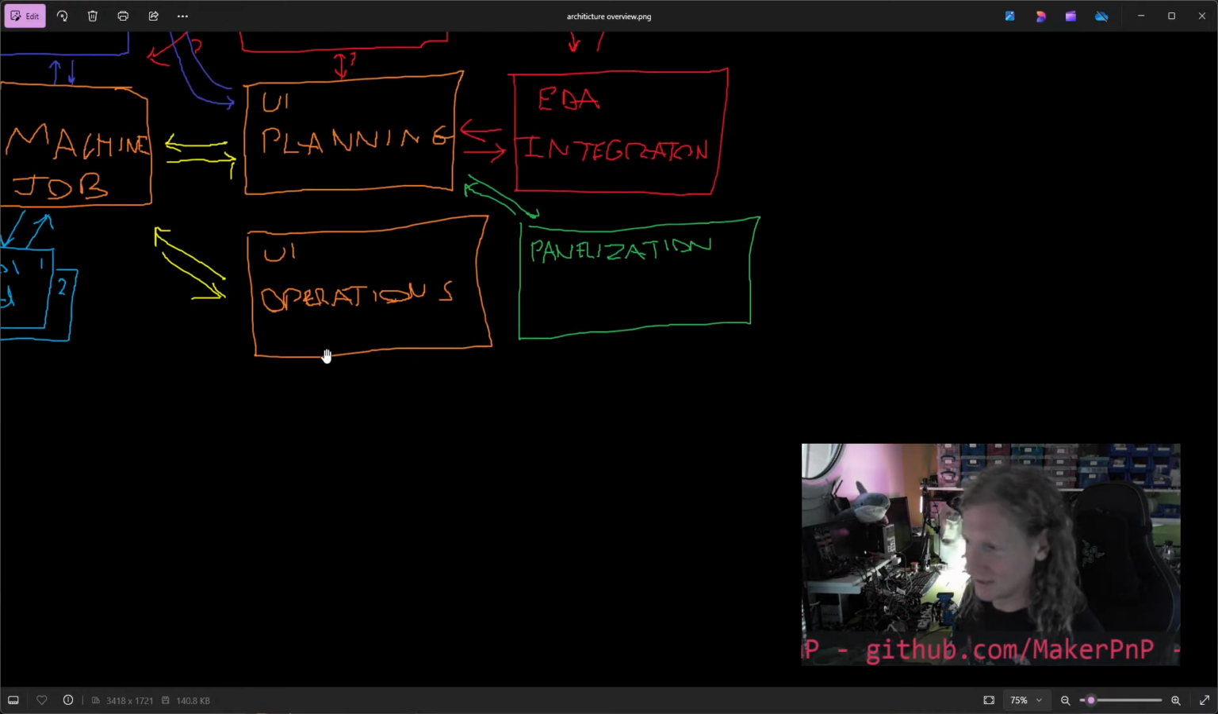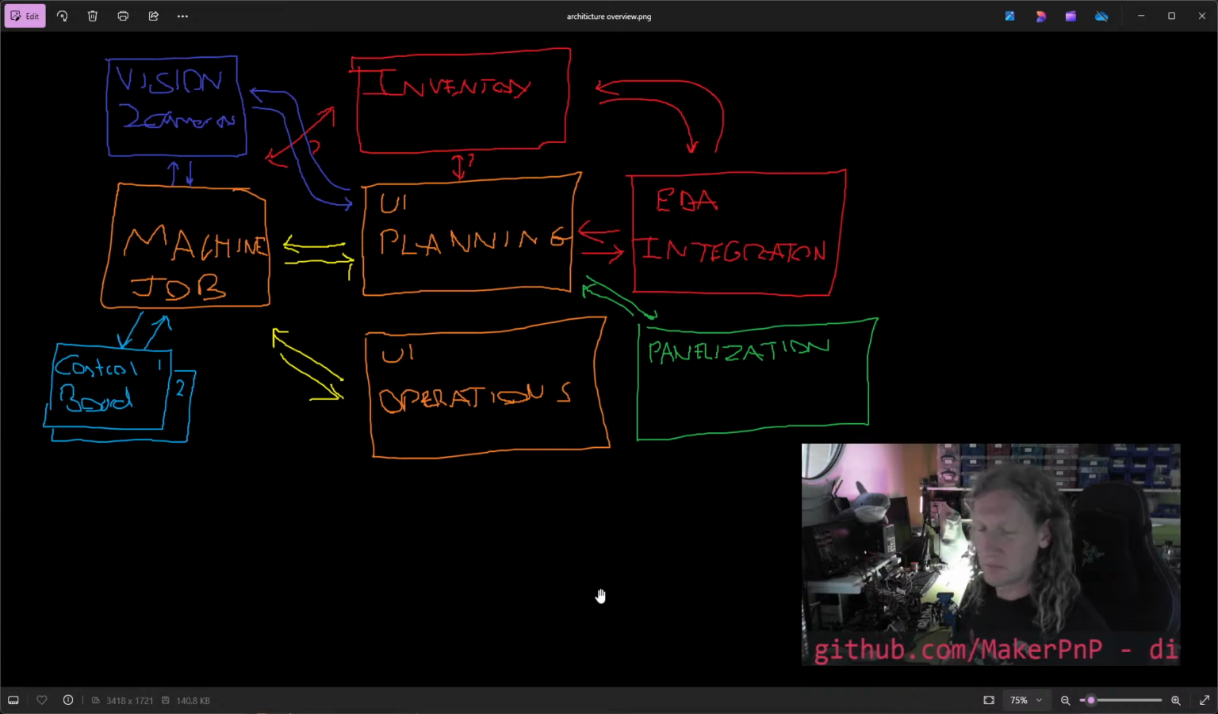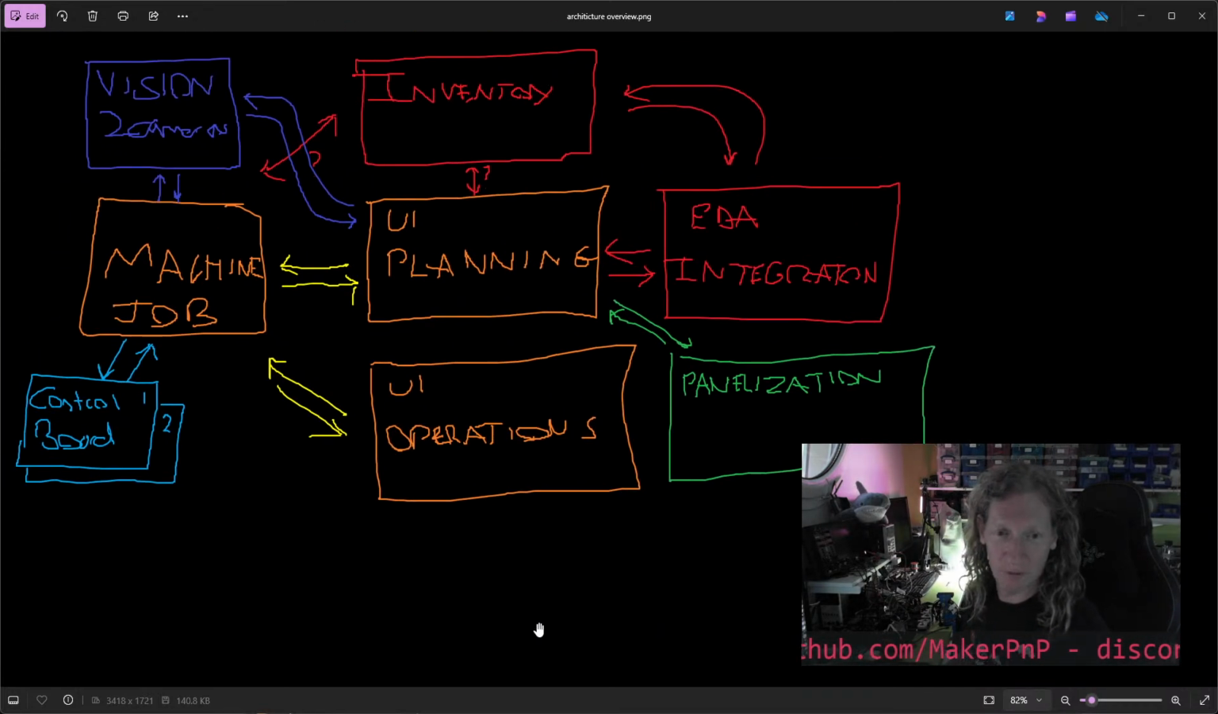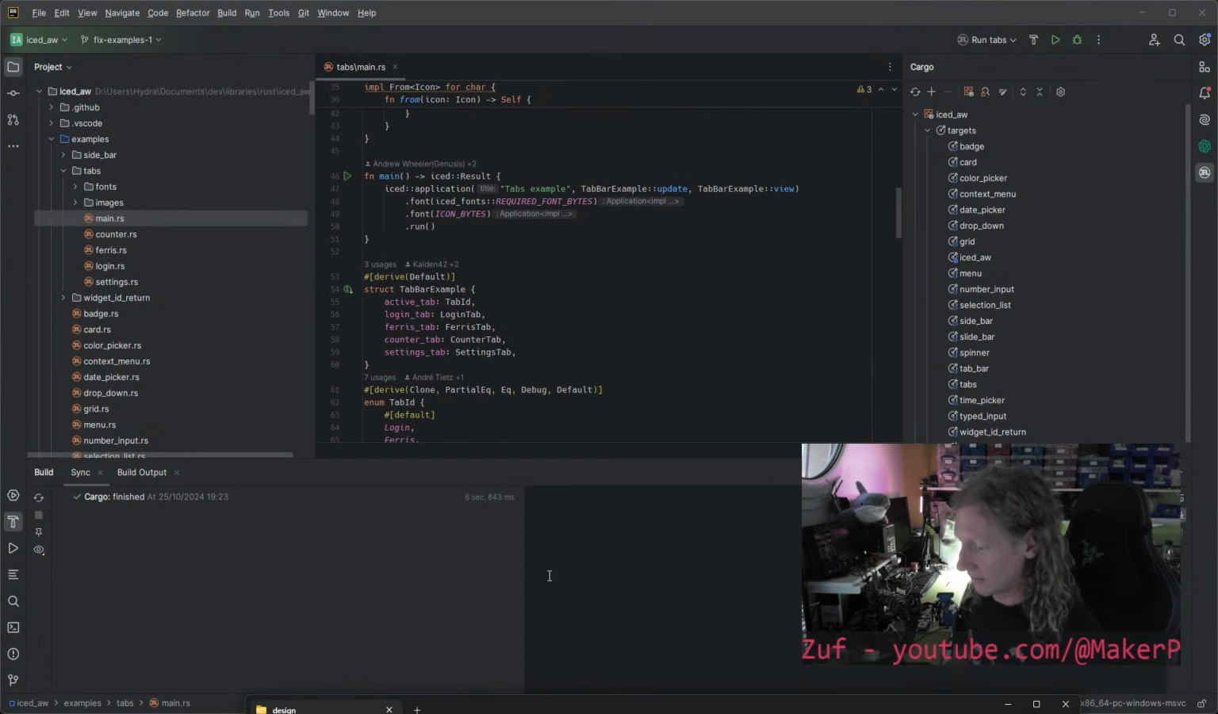Make that a bit bigger. That's kind of the overview of what we're trying to build. And currently we're working on the UI for the planning, right? But in order to write a UI for planning, we need to have a UI framework. And in order to find which UI framework might suit our requirements, we have to evaluate them. And the way that we're evaluating them is by creating this tabbed document example, which is